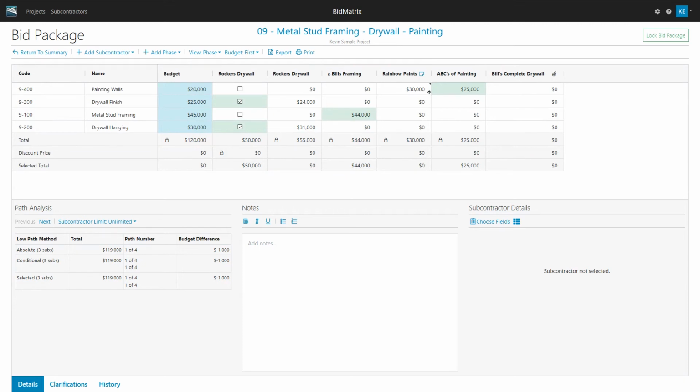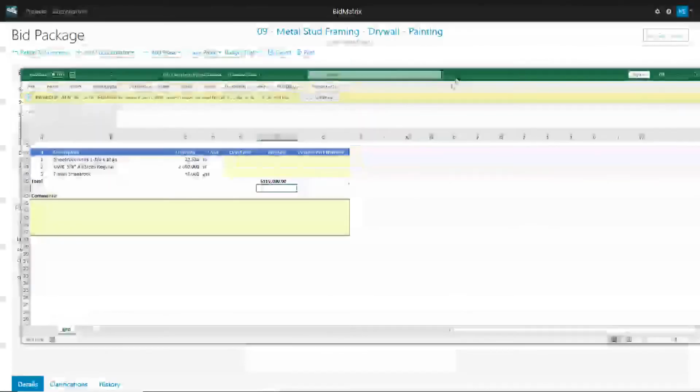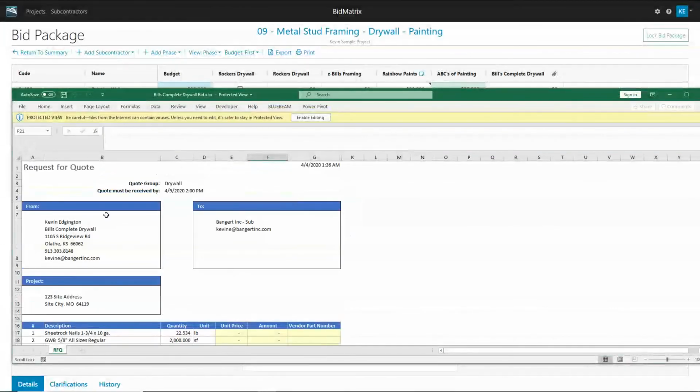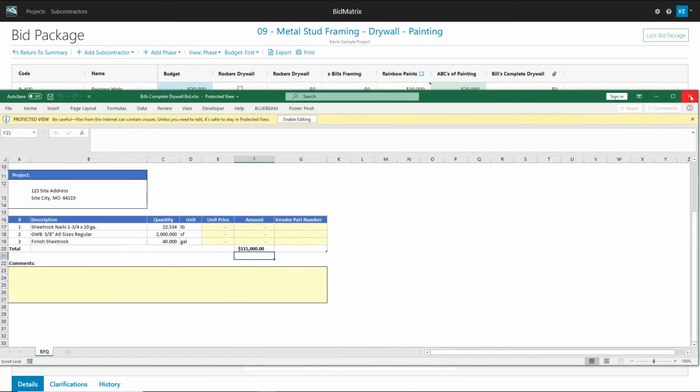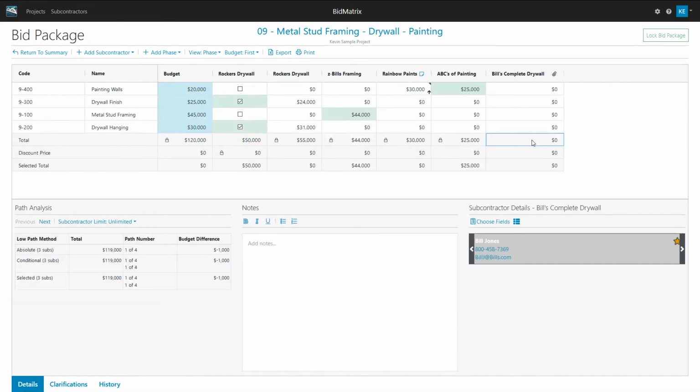Something interesting about Firefox and opening up a web browser, but there's basically what that little attachment looks like. So basically it's some sort of quote, and maybe it's got some sort of $115,000 for everything in it, let's say. So I could just close this down. And maybe they include everything. So that way I could see, now that this is in the mix, it's basically cheaper than any other combination as we're going through.